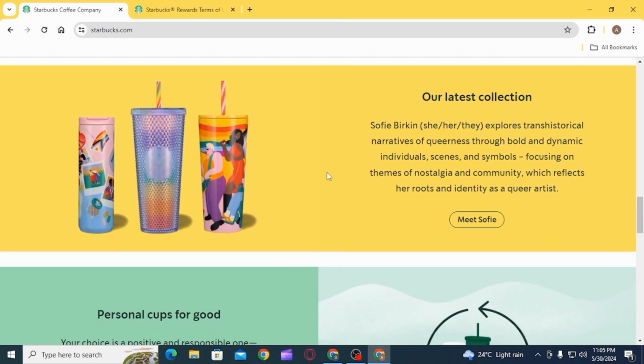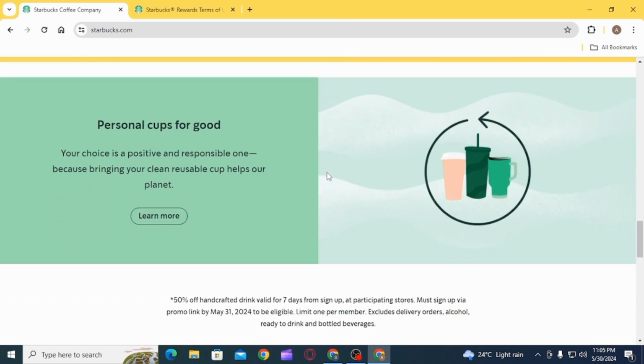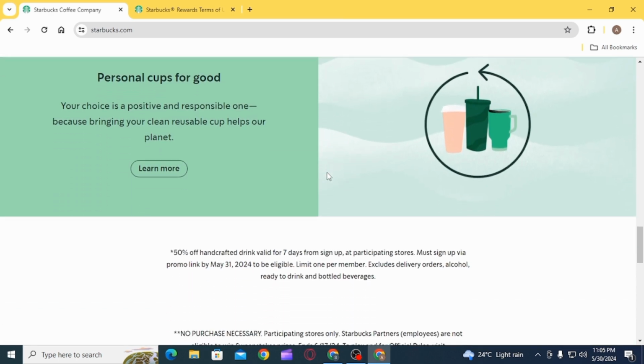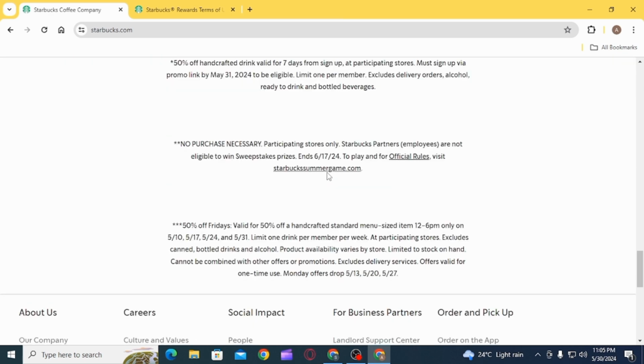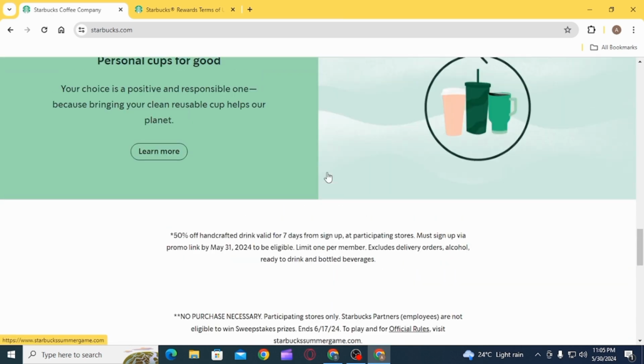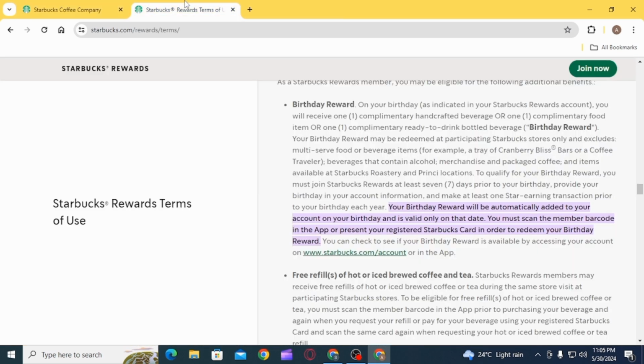To qualify for your birthday reward, you must join Starbucks Rewards at least 7 days prior to your birthday, provide your birthday in your account information, and make at least one star-earning transaction prior to your birthday each year. Your birthday reward will be automatically added to your account on your birthday and is valid only on that